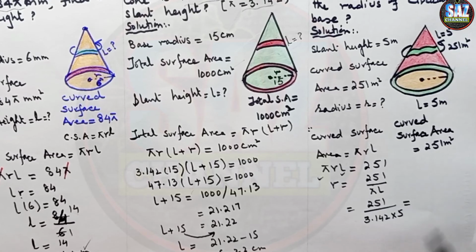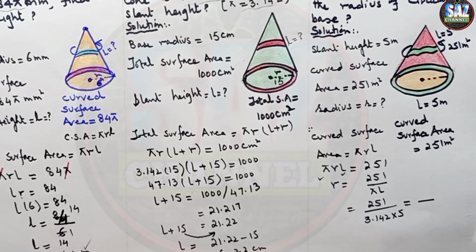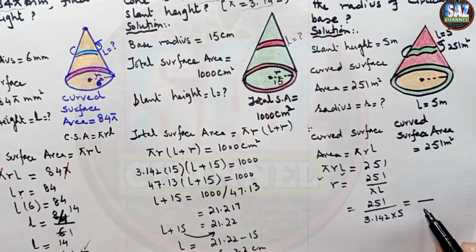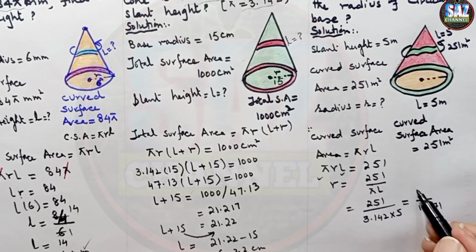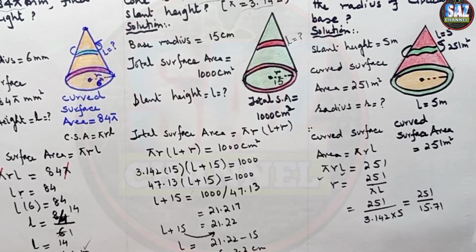First perform the calculation for the denominator: 3.142 multiplied by 5 gives me 15.71, and now I have to divide 251 by 15.71, and this gives me